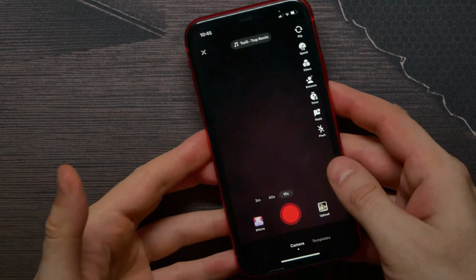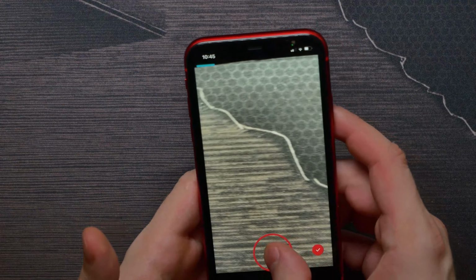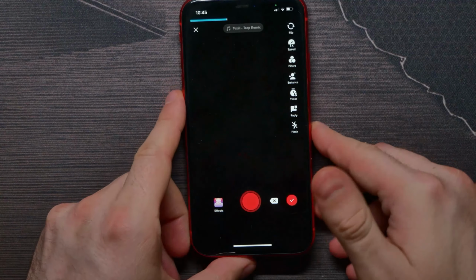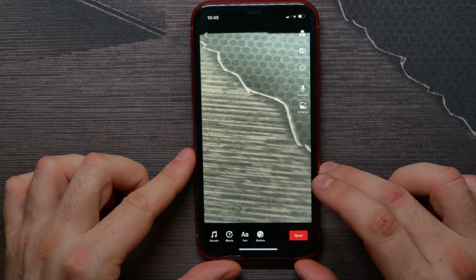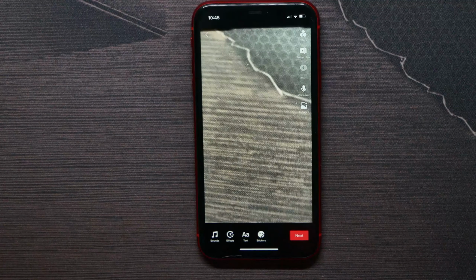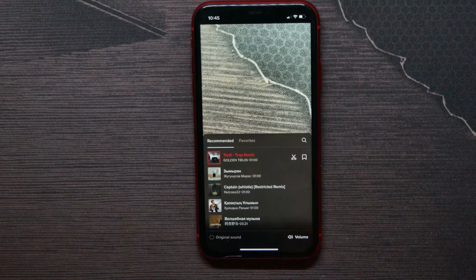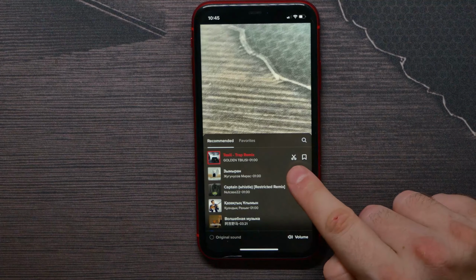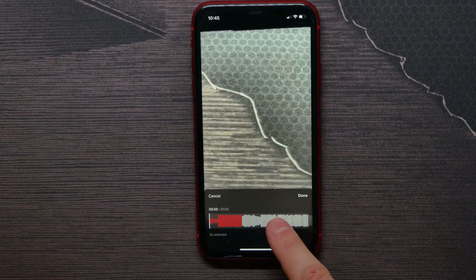Now I can record a short video like that, just for example, to show you how it works. And when I finish, I can hit on the check mark, and now I'm able to edit sounds. I need to hit on the sounds icon, and now here I can hit on the scissors icon to edit